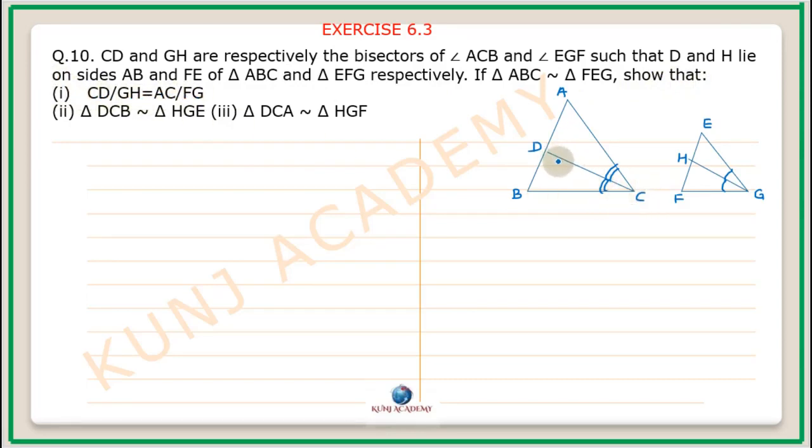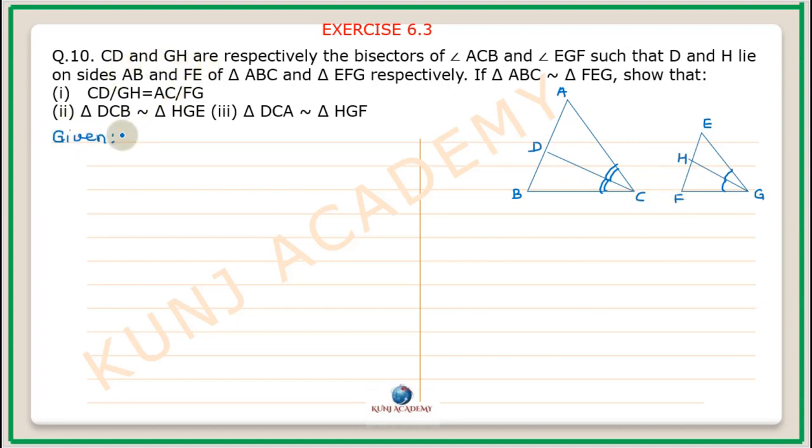Number 2, triangle DCB, lower triangle, is similar to triangle HGE, upper triangle. Number 3, triangle DCA, upper triangle, is similar to triangle HGF, lower triangle. Given